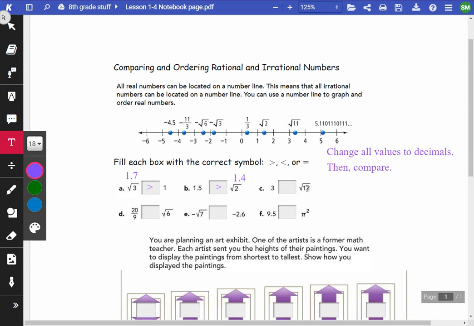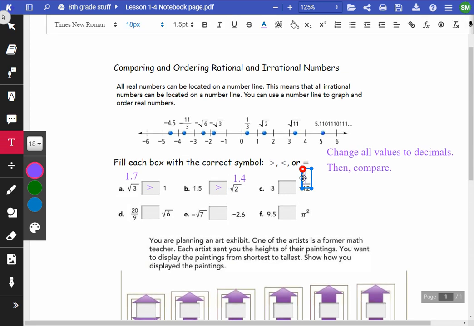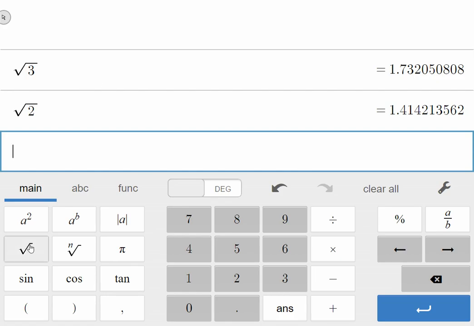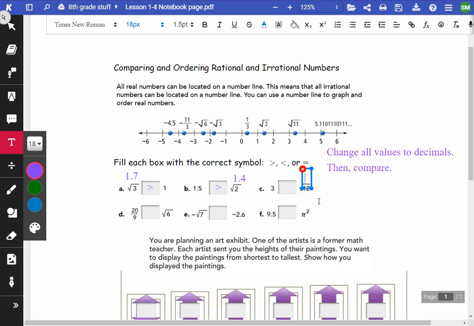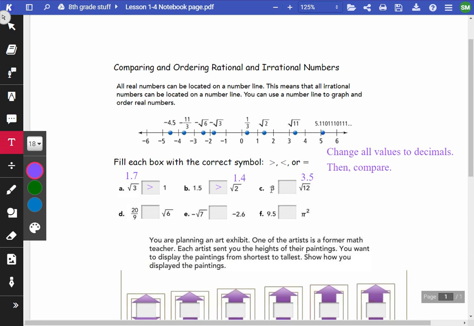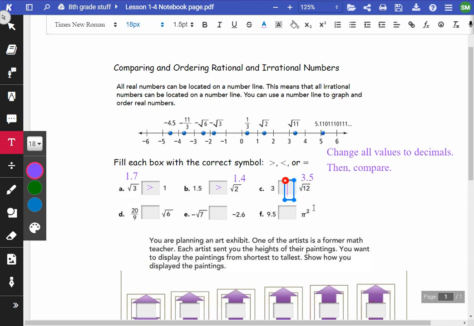Next one, 3 compared to the square root of 12. 3 is already a decimal. I'm going to put the square root of 12 in my calculator. Here we go. I'm going to call that 3.5. It's 3.46, but if I round it, that's 3.5. And that's good enough because 3 is greater than, less than, or equal to the square root of 12, which is about 3.5. If you were thinking less than,